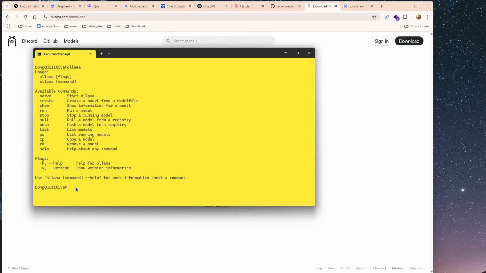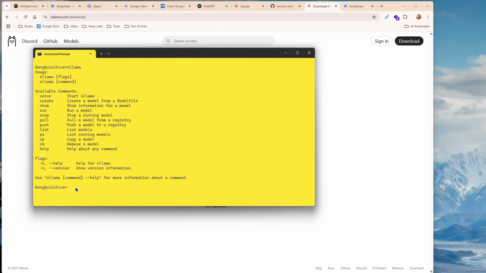So say for example, Ollama, as I said, the path is added automatically, but it is basically installed in C drive if you are on Windows, and all the models that you download will also be added in C drive. You may or may not want that to happen. So there's an easy way out basically. If you do not want the models to be in C drive and you want to save the models somewhere else,